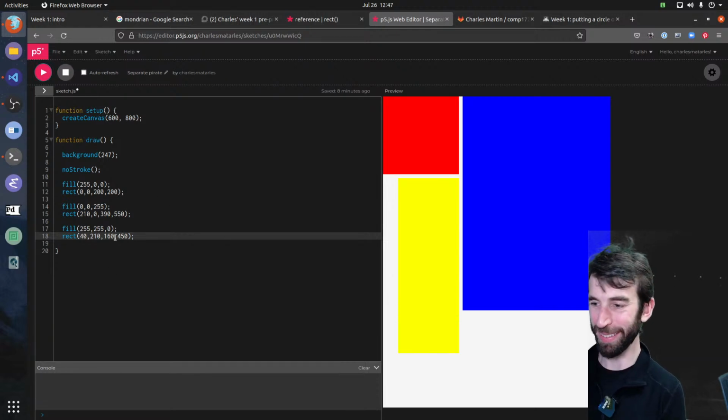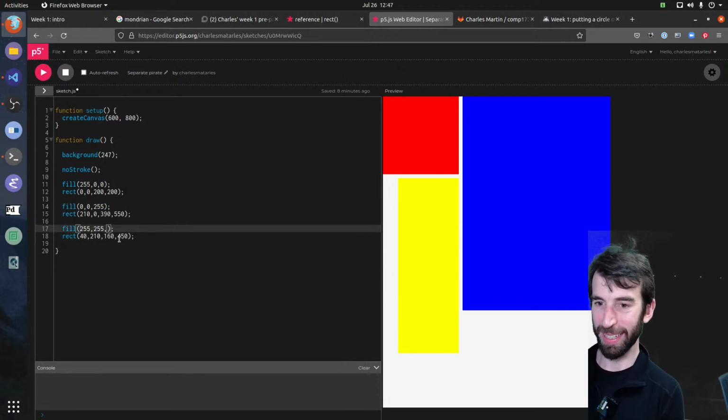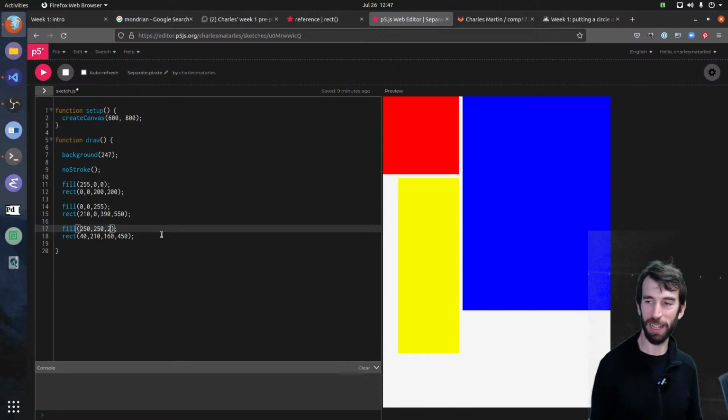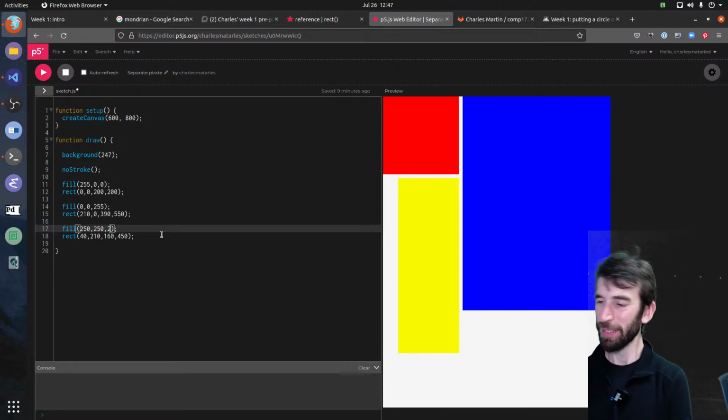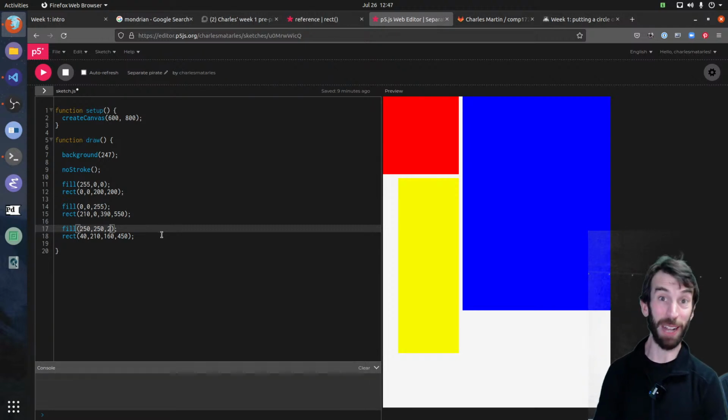That's a pretty gross yellow, really. Sorry, I'm being a bit snobbish about it. Can we just take the edge off it a bit? Yeah, I still don't like it that much. Someone else will tell me how to make a nicer yellow. Anyway, do you think this would be up to Piet Mondrian's standards? Probably not, but it's the best I can do in 5 minutes.